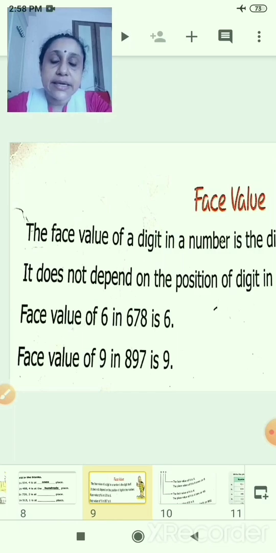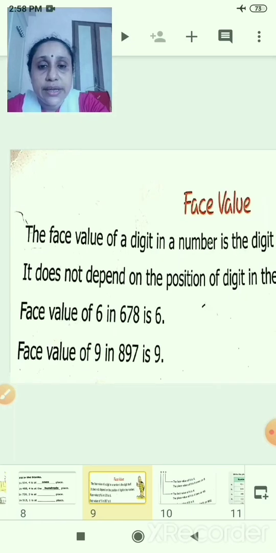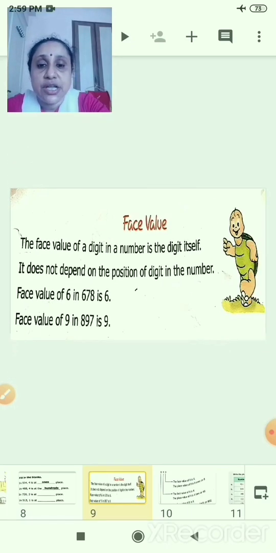But it is asking the face value of 6, so it will be the same. It will not change. Face value of 9 in 897 is 9. It will not change. If the question was place value, then 9 would have been in the tens place, it would be 90. But in face value, it doesn't change. The face value remains the same.